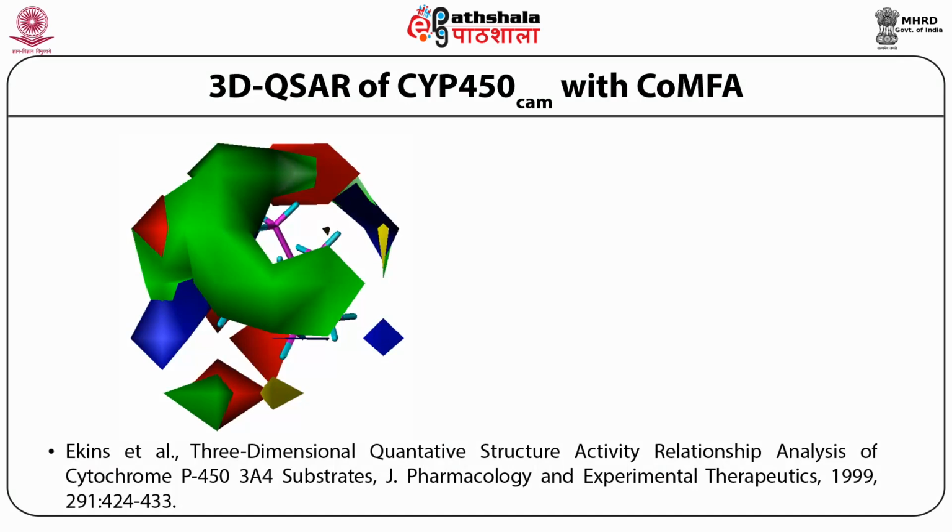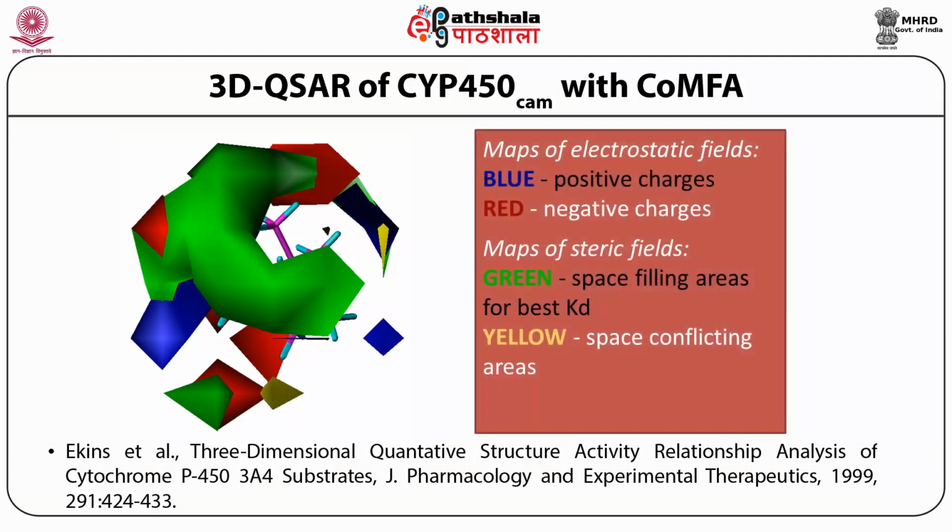Here I show exactly. Blue is the positive charge contribution. That means the interaction site which shows blue is very much to interact with a positive charge. Red is the negative charge representation. Similarly, green is the area which is sterically not available, and yellow is a conflicting area. That means it can have the green as well as the red. This type of difference also can be found out from CoMFA. Hence, if you take different substituents at those positions, one can actually find out what could be the picture